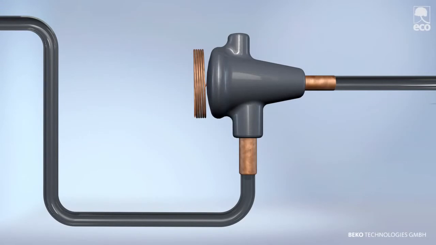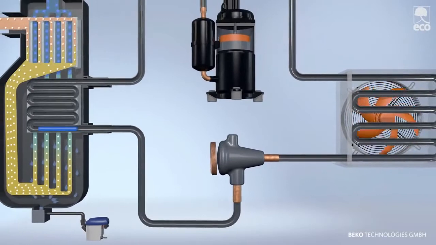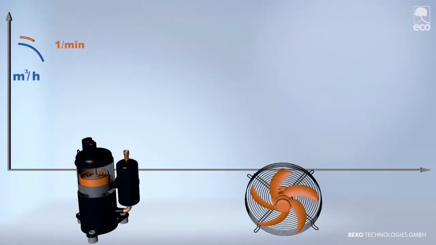The pressure decreases during this process, also resulting in a sharp decrease of temperature, which provides the heat exchanger with the necessary cooling capacity. The refrigerant evaporates and is drawn in by the compressor again, and the cycle begins once more. In order to save energy when fluctuations in compressed air occur, such as flow volume, temperature, or pressure, the